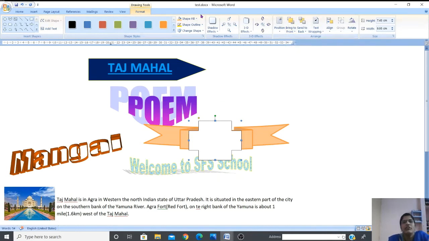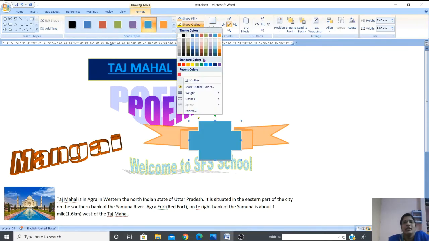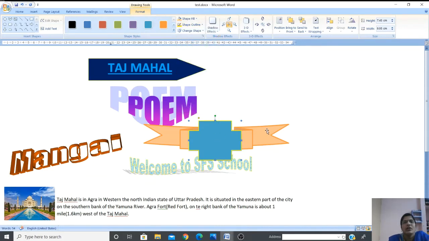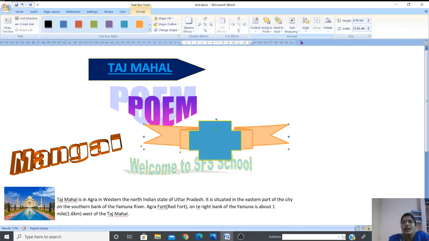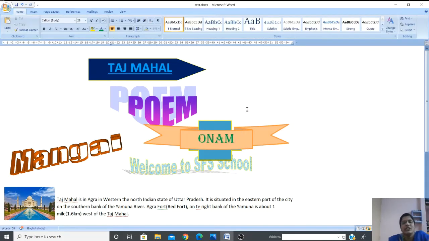All right, so let me fill it with colors. Then it will look good. Shape outline, it's yellow color. Do you see yellow color? Now I'm going to make this one in front. So go to the Format tab, then the Arrange group, then bring to front. Now you can see the changes. Similarly, you can overlap as many shapes as you need. Overlapping means keeping one on top of another. So you can keep many shapes on top of another and bring whatever you need into the front or the back.